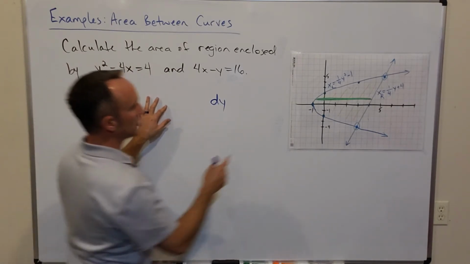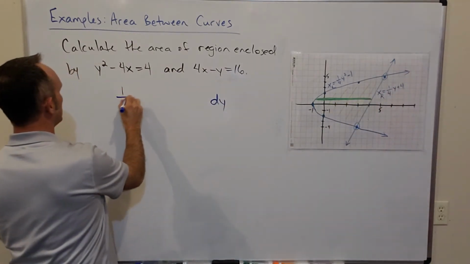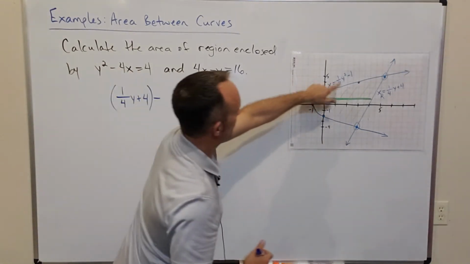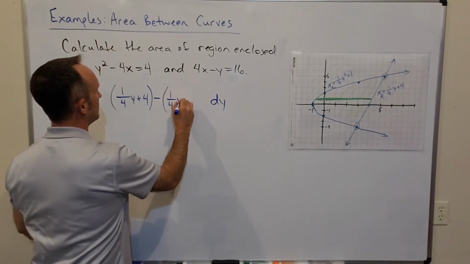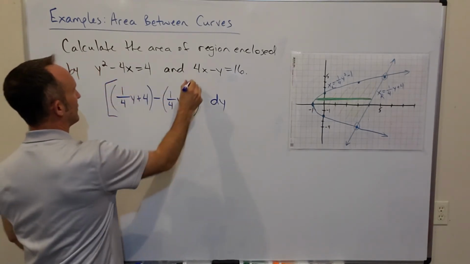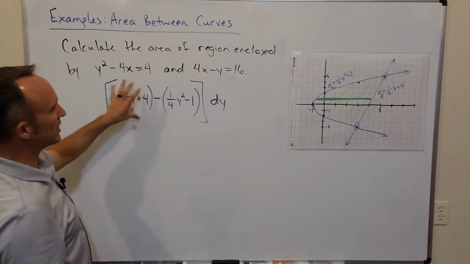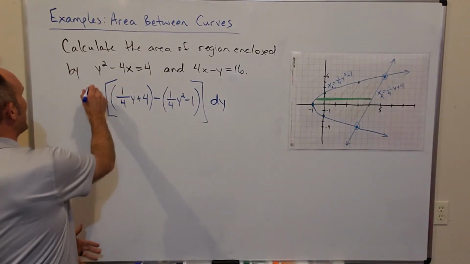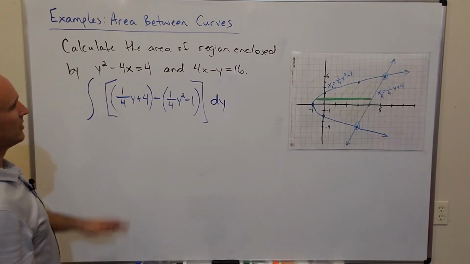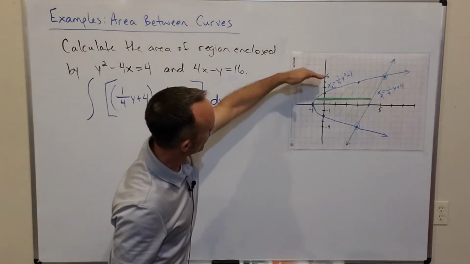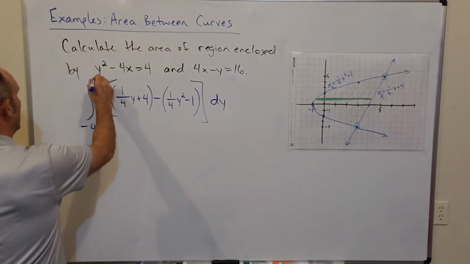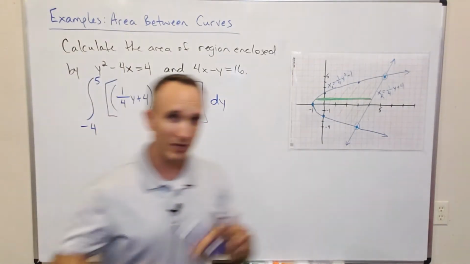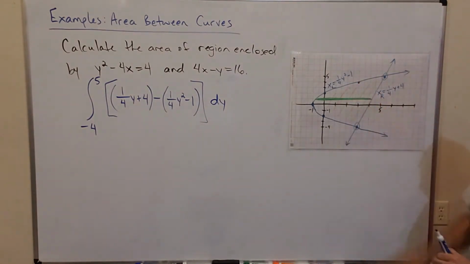So my right x value in terms of y is 1/4 y plus 4, minus my left x value to get my length, which is going to be 1/4 y squared minus 1. And that's the length of that rectangle. So this entire expression represents the area of that rectangle or any rectangle in the region. Now I just need to add all of those infinite areas together from y equals -4 to y equals 5. Again, I know I have to use y values here because this is dy, and everything's in terms of y. So there we go. We've done the hard part and set up the integral to represent the area of this